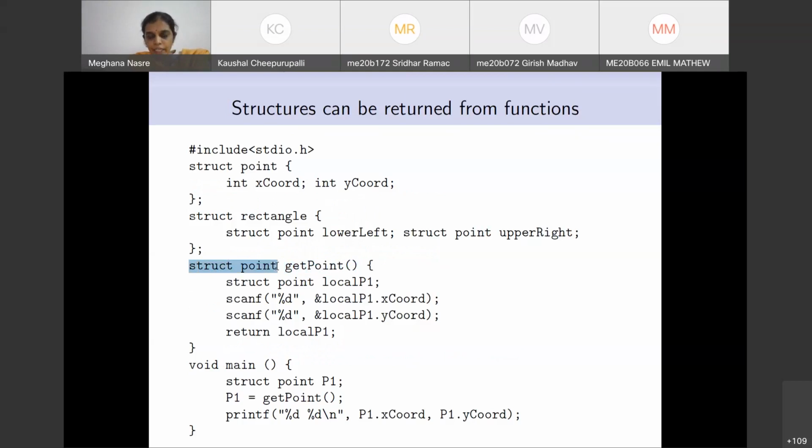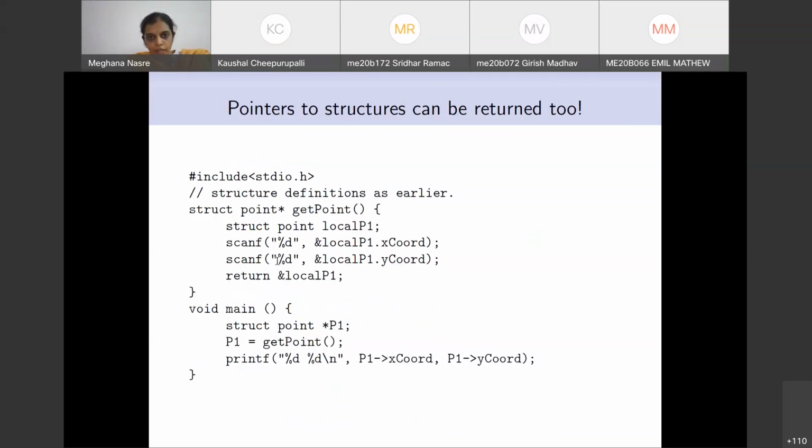Now we let it return struct point star, that is a pointer to this struct point, and appropriately change the code so that it is doing the appropriate syntax matching, right?